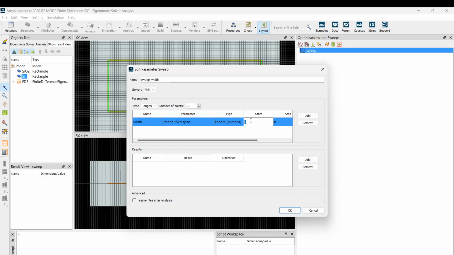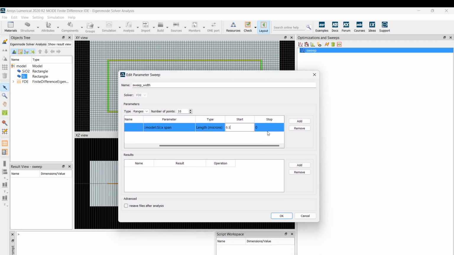We will change it from say 100 nanometers to, how much? We gave it as 1 micron earlier, and 1 micron had a lot of modes, so it will obviously be lesser than 1 micron. So let me give one.